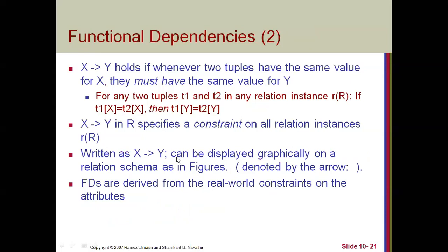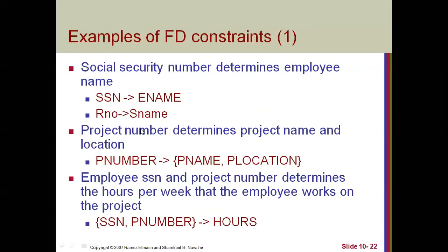Now, mathematically, how it is shown that we have seen yesterday. We have also seen the examples. So here you can see in the slide. First example, SSN is the primary key which functionally determines ename. So in other words, ename is functionally dependent on SSN. It is said so because SSN always determines a unique value for ename.